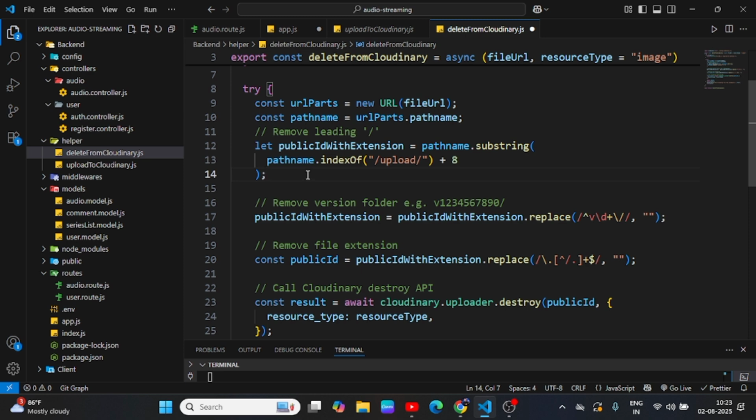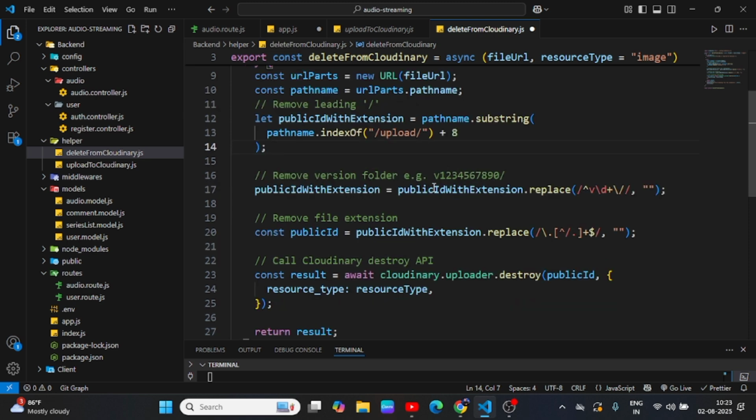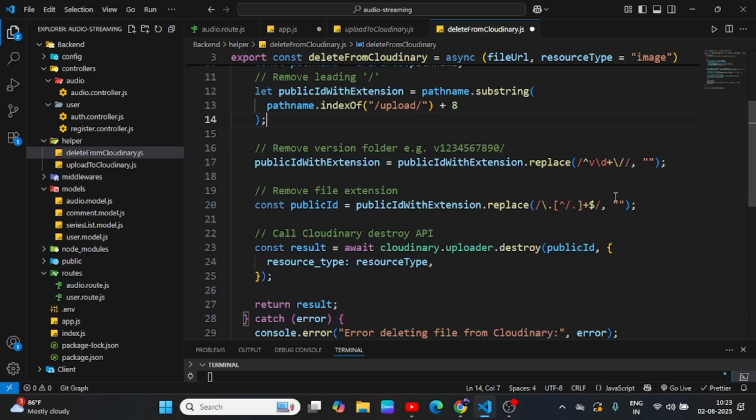Then the public ID with extension, the pathname, then substring. You also get it from upload, and then remove the version folder like this, replace the folder name,